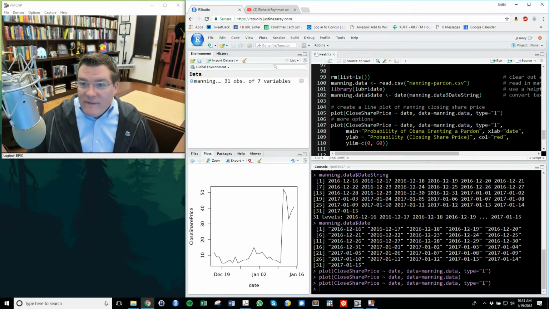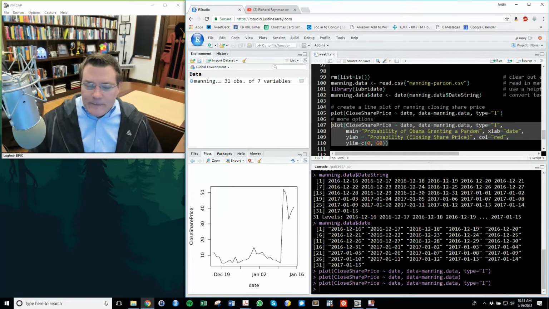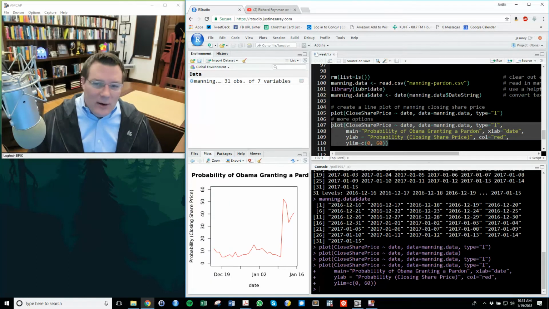And if I want to prettify this, if I want to add a main title, I want to label the date, maybe I want to change the color of the line to red, I want to label the y-axis, I want to maybe change ylim here, this is the range of the y-axis. I can do that as well, and I get a slightly prettier looking graph. Now you can see my main title, because this window is relatively small, is running off the edge.